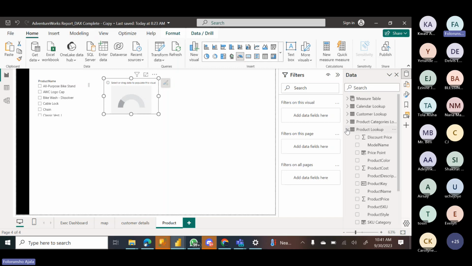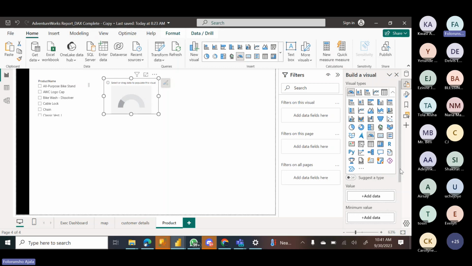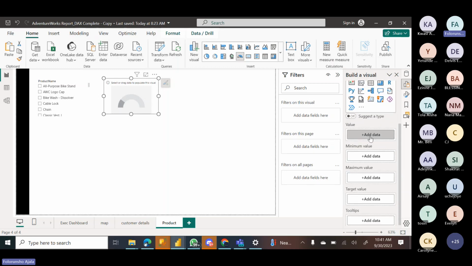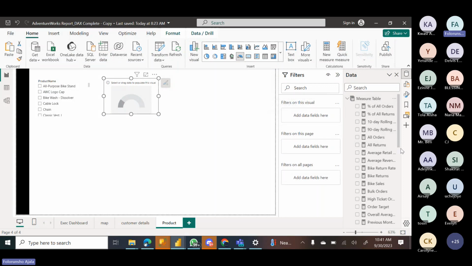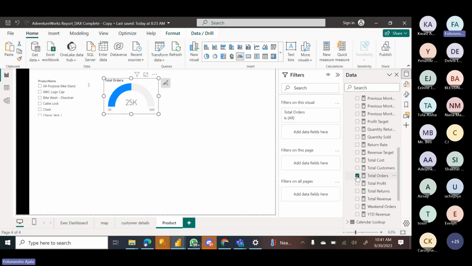So I'm going to pick. What this gauge does is, if you look at the requirements of the gauge, it's going to ask you for the value, minimum value, maximum value, your target, and your tooltips. This one is optional, but the most important things are your value and your target. Those are the major things that are quite important. So now, what is our value? Our value is our monthly order, which is our total order. That is the actual order. So our total order by